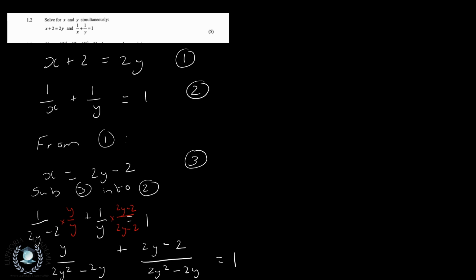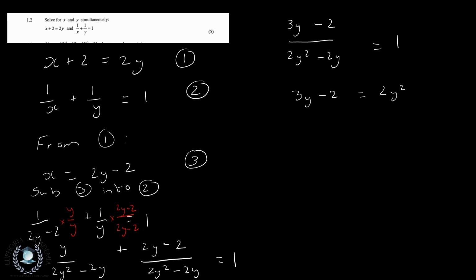Alright, now let's just add our numerator, and let's add the fraction rather, and we're going to see that we have 3y minus 2 over 2y squared minus 2y being equal to 1. Right, now let's get rid of this denominator, and how we do that, we're just going to multiply by 2y squared minus 2y over 1. Right, and that will give us 3y minus 2 being equal to